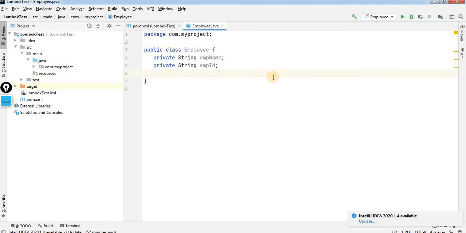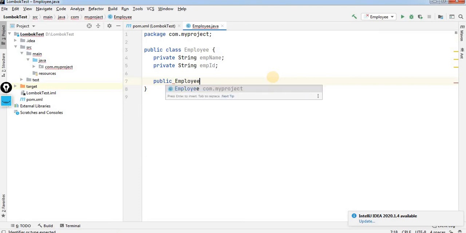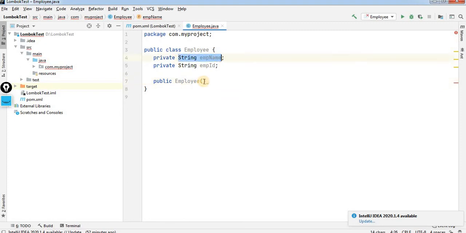For that I am going to write an argument constructor. This should be a public Employee, and the first parameter, which I am just copying from here, is String employeeName, and the second parameter is employeeID.